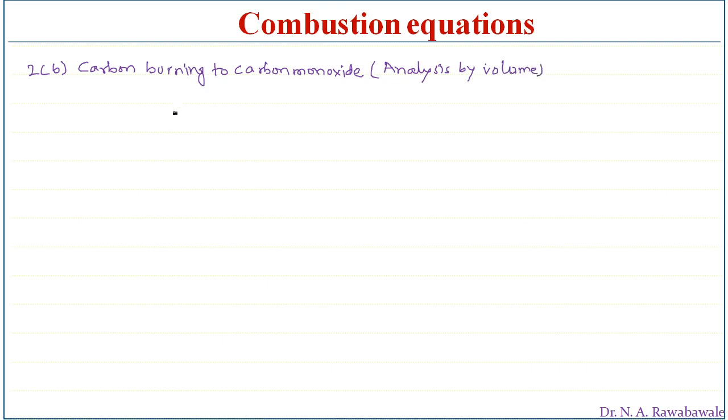So here 2 moles of carbon are burned in presence of oxygen. 1 mole of oxygen produces 2 moles of carbon monoxide. So 1 volume of oxygen combines with carbon of negligible volume and produces 2 volumes of carbon monoxide. So here this is negligible volume, here the negligible volume of carbon